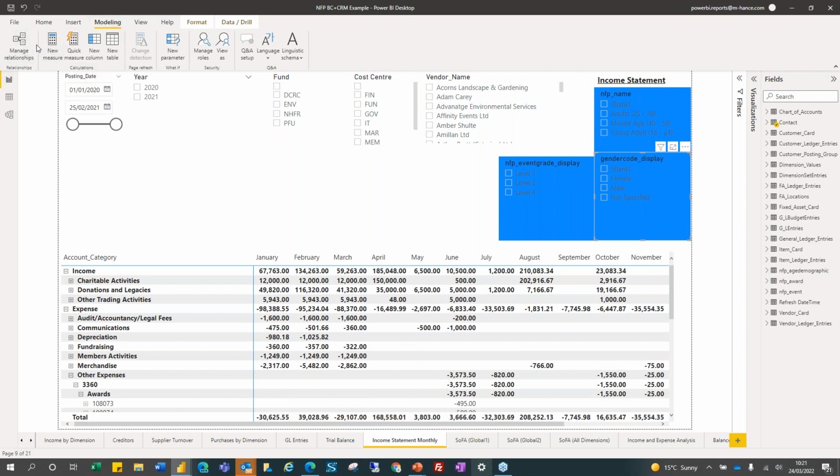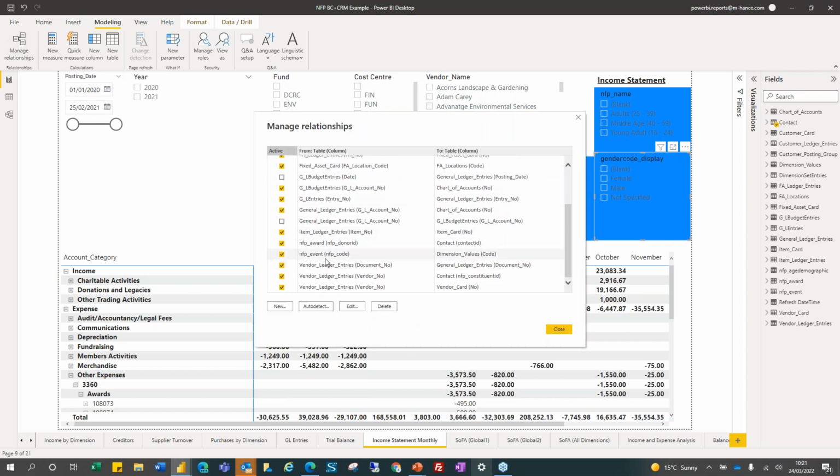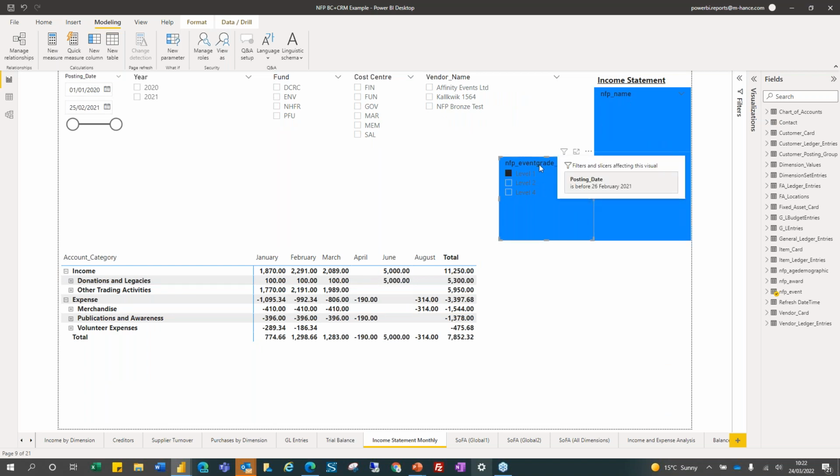And all it is a case of doing, if I go into modeling and manage relationships, you can see here I've created relationships between our event code in the CRM table and our dimension table in Business Central. I've got relationships between different elements of contact in CRM against our vendor number because we pay grants out there. So we want to see what has been paid out in grants. So I've built these relationships into this model from two different data sources, which allows me, within this one page, which is just a P&L report, if I wanted to look at an event, and we have different event grades, if I wanted to look at a P&L by event level 1, this data is in CRM, it's not in Business Central,